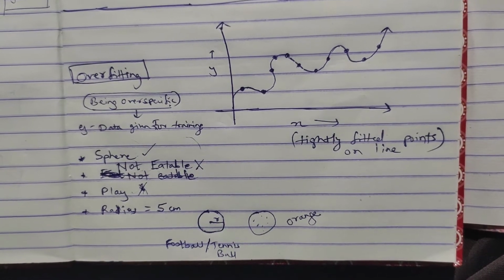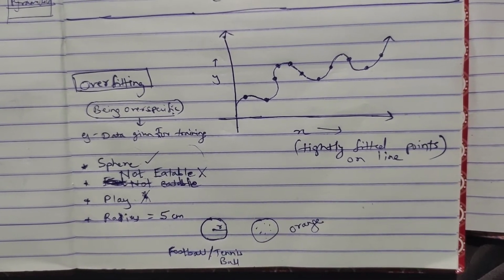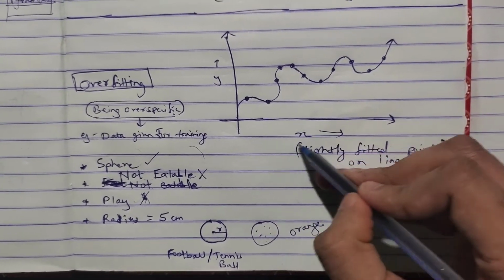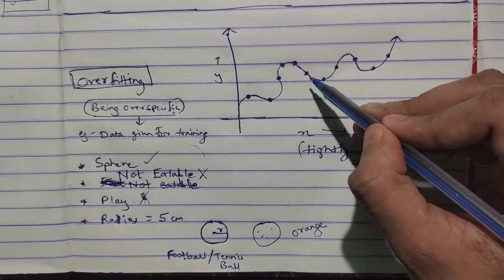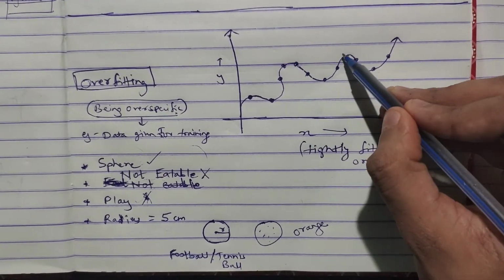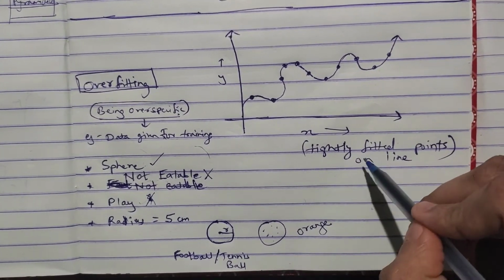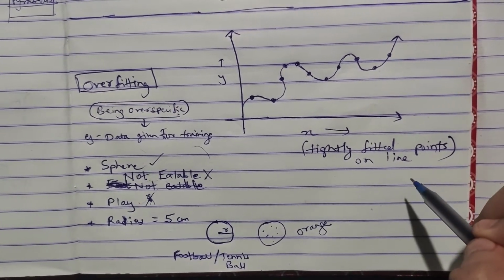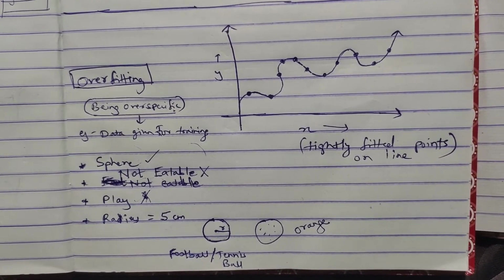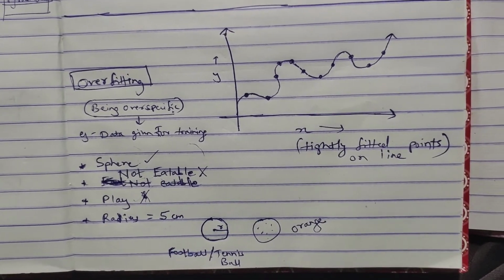A model is said to be overfitted when it is trained with a lot of data. Here we can see the generalization of the model or how it performs. Here on the x and y axis, some points are plotted which are traced by a single line which traces all the points. Here all the points are tightly fitted on the line. It means that the model tries to capture all the types of data which is provided to it for training purposes and tries to give the output.